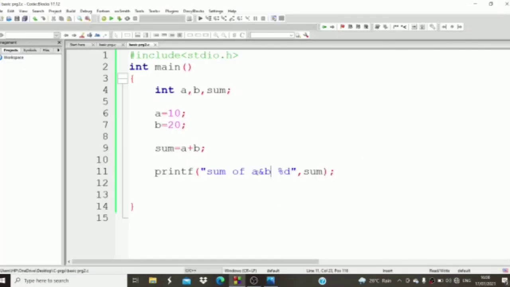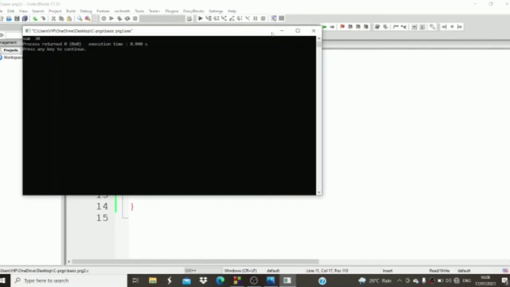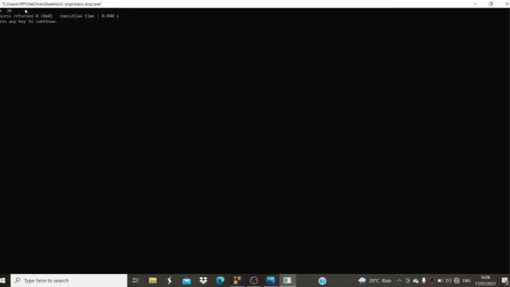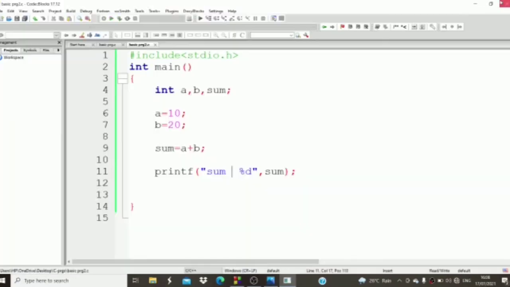If I give only sum of a and b is, or only sum, it will be displayed as only sum. We got the output displayed as sum is 30, right?